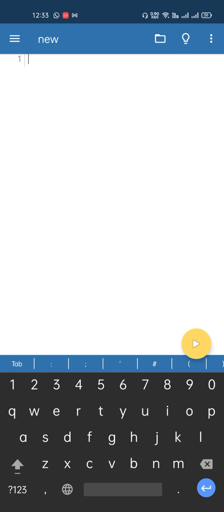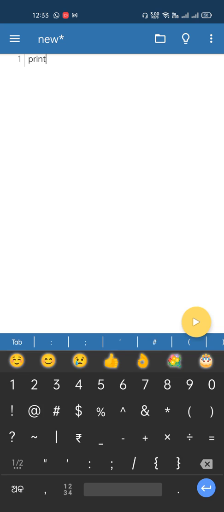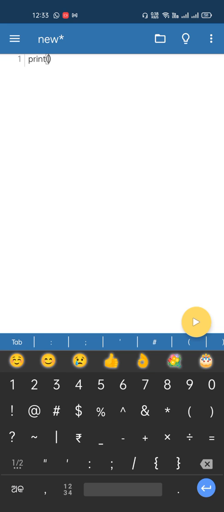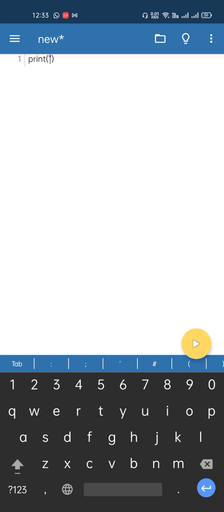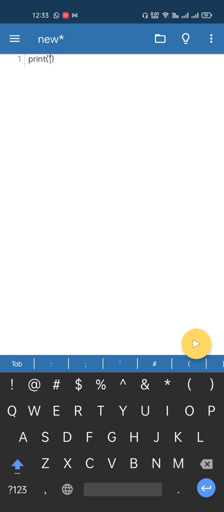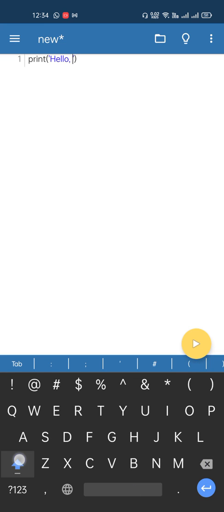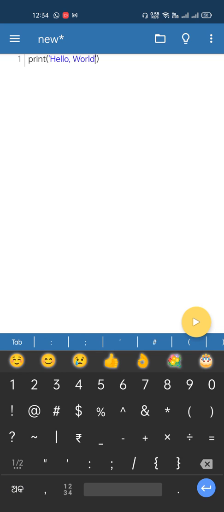So how to print this? I'll write the syntax: print, and you have to give the brackets. Once you give one bracket, the ending bracket it will automatically take. It is the inbuilt function of that. I have just given one bracket and it took the ending bracket. Then, since it is a string that has to be displayed, you have to write it in quotes. I'll write one quote here, and by default it will take the ending quote there. Whatever I write inside, it will just print that. So I'll write hello world. Okay.